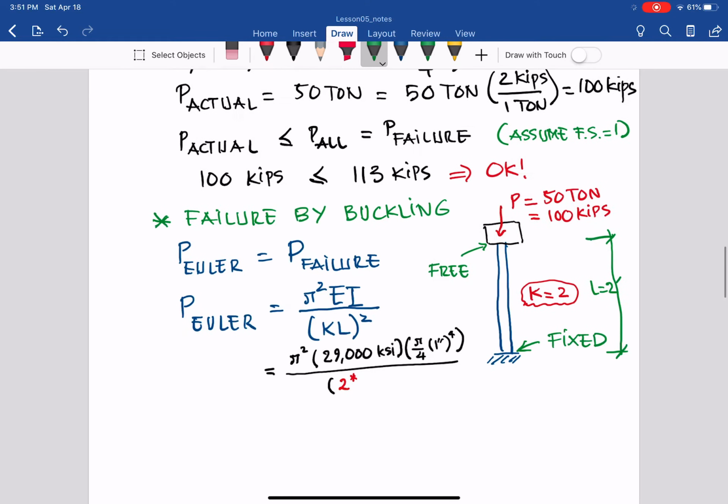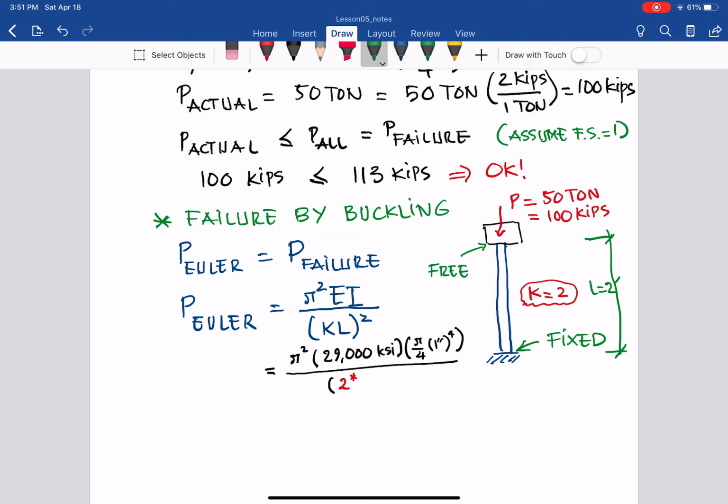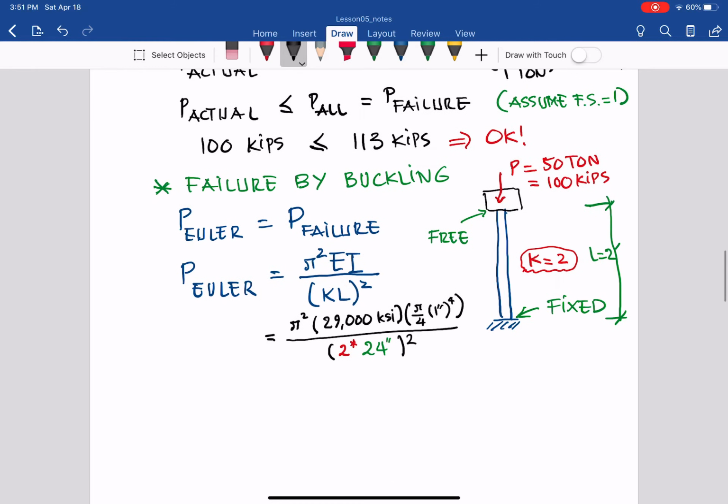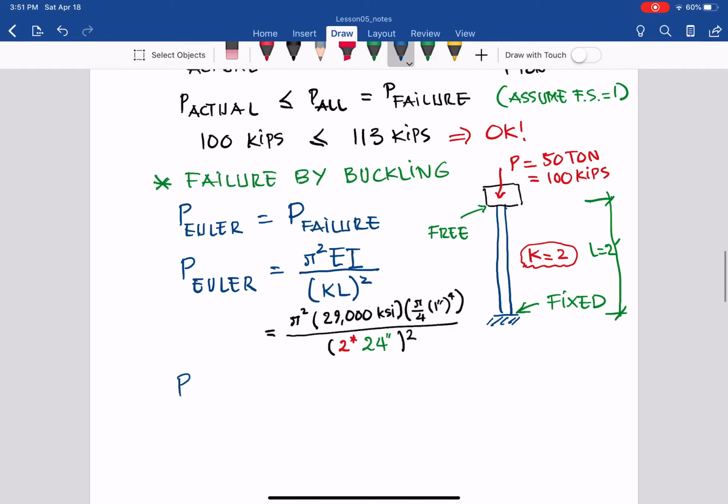So from that we can plug in 2 feet. As you can see, we use inches. KSI gives kips per square inch, so it has to be inches. So we plug in 2 feet, so it's 24 inches, and it has to be squared in that equation. From that we will get P Euler, the critical load called buckling. It equals